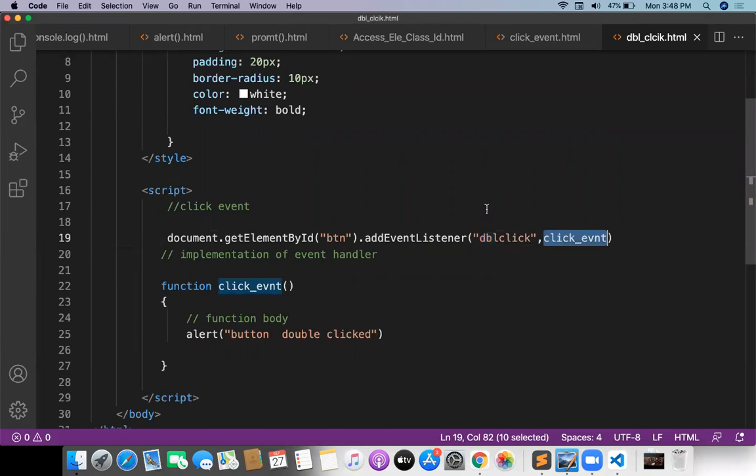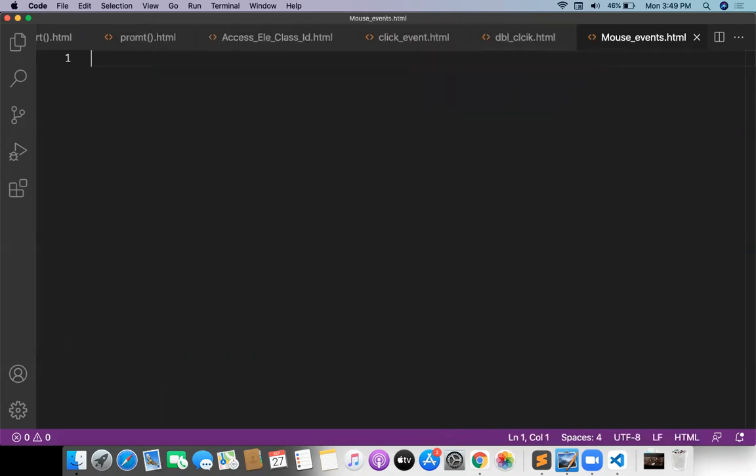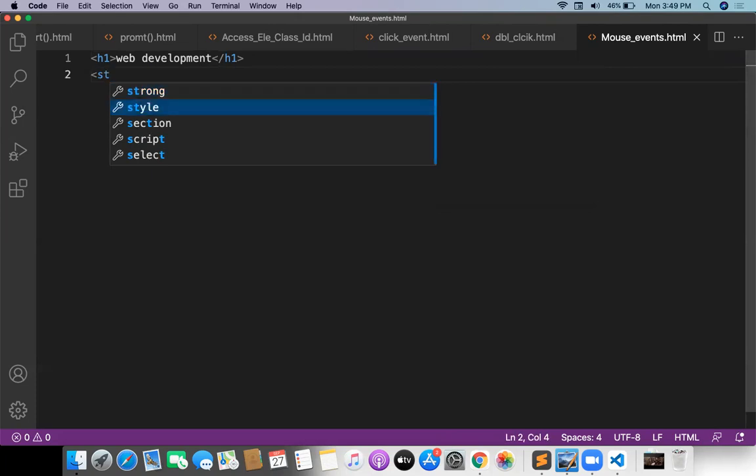Now I'll do mouse over, mouse out. Mouse events dot HTML. Okay, so let me take H1, guys. H1 is web development. For H1, I'm writing a different style.